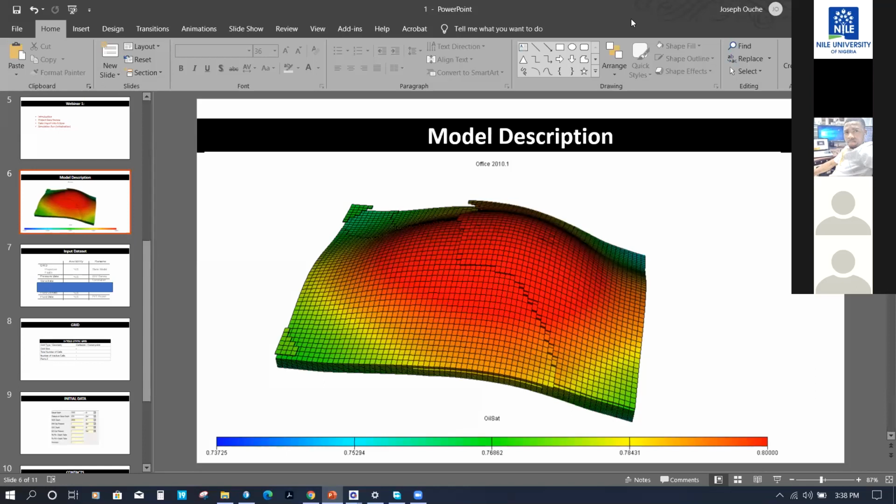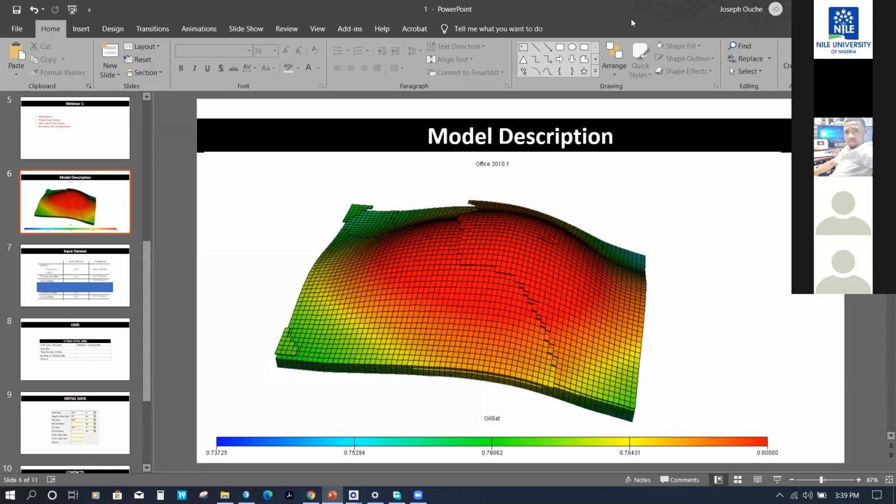The process guy wants you to tell him or her, this is the pipeline size I should use. This is the back pressure that we expect to have at the separator. So you're just at the center, making use of different engineering tools. Reservoir simulation is only one of them, right? So you have nodal analysis, you have decline curve analysis, you have PTA, and a whole lot of tools that are available for you. And the good thing is that,